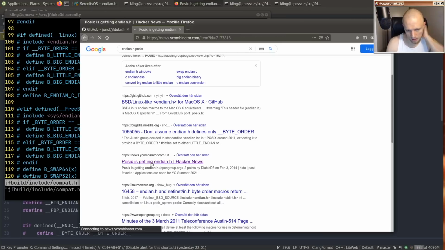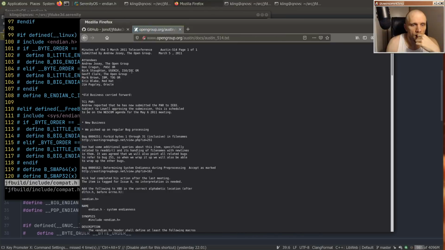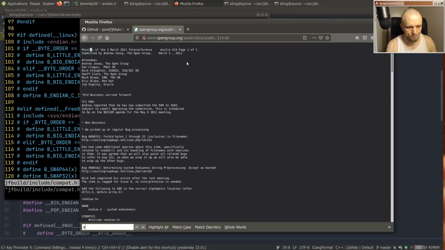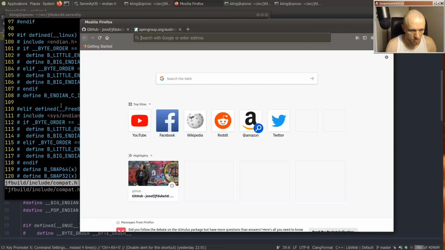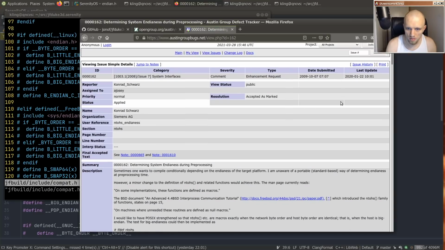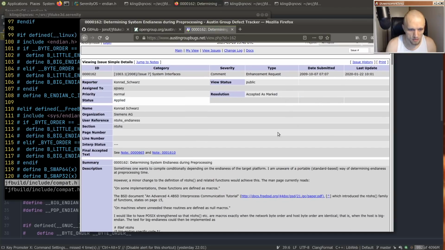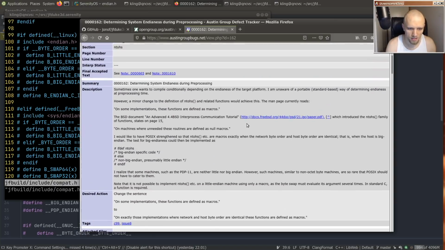POSIX is getting endian.h. From what, 2011? Okay. And accepted as marked. Okay, I don't know how to interpret the POSIX bug tracker, but